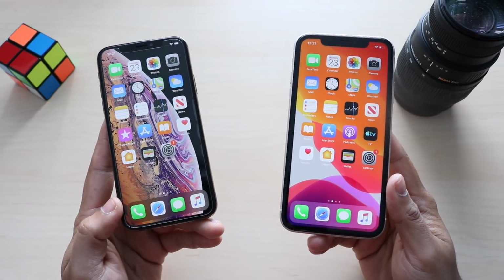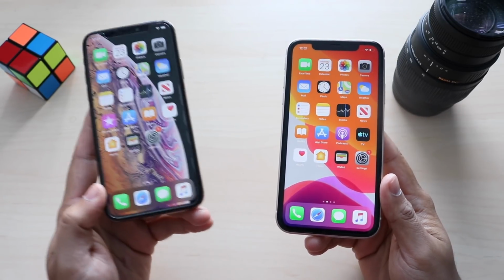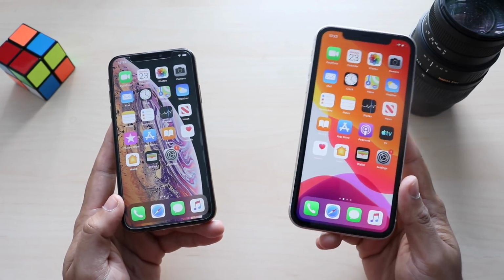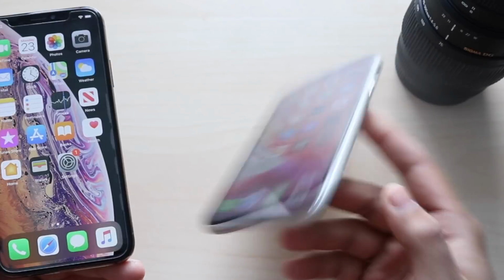Because honestly, right now, as I see it, I still think the XS is a much better value per dollar than the iPhone 11, obviously. But I don't know, there's still some cool things with the iPhone 11 that you're getting that...